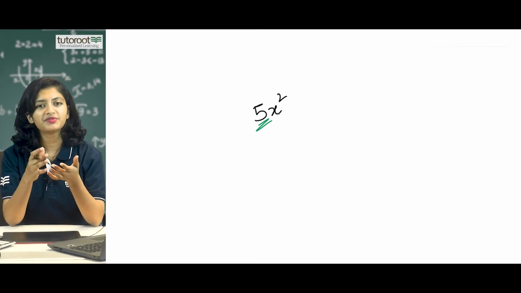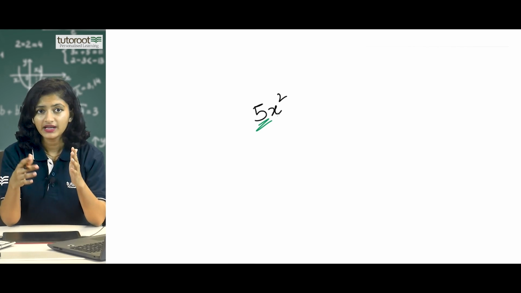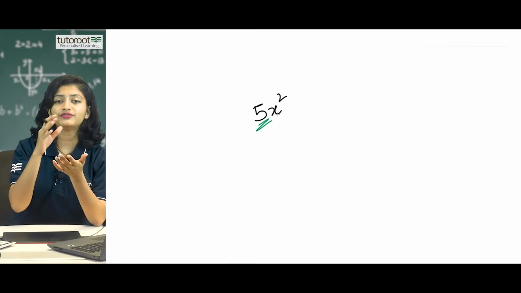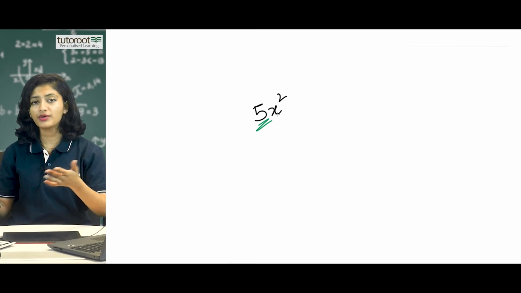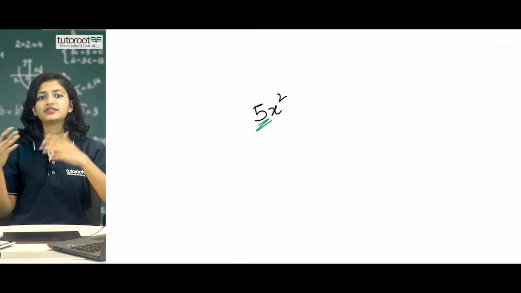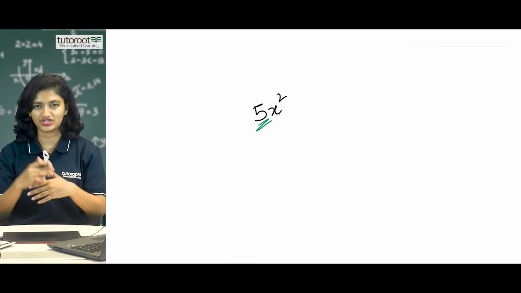So the relationship between zeros and the coefficients of the polynomial can be defined based on definite formulae as per the type of polynomial. For different types of polynomials, you have different types of formulae. Based on these, you can define the relationship between the zeros of the polynomial and its coefficients.